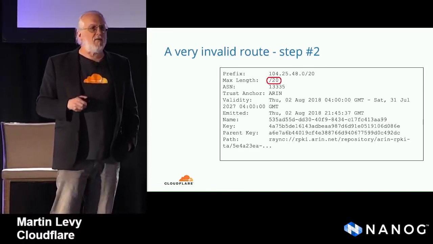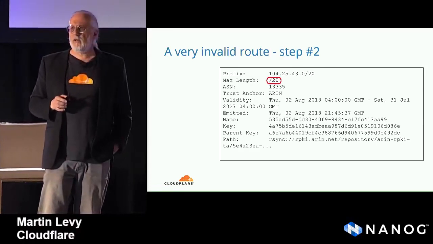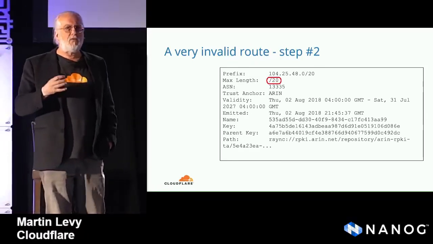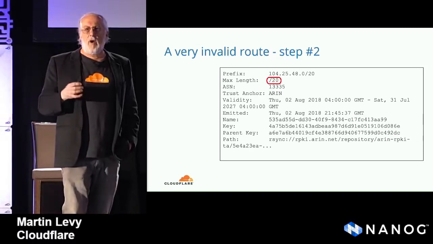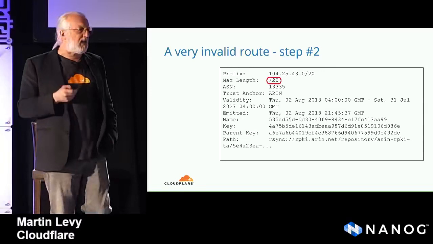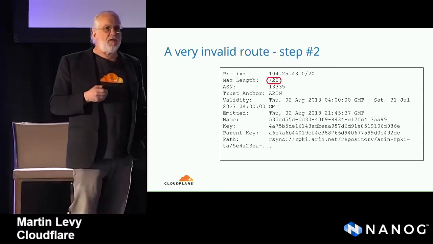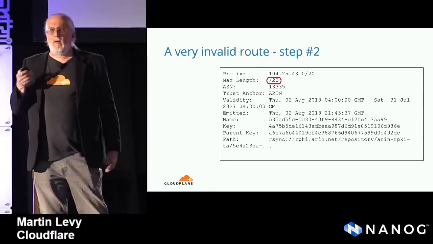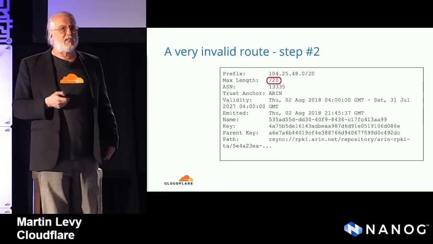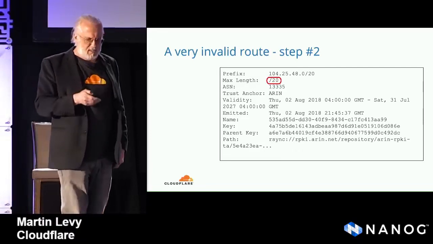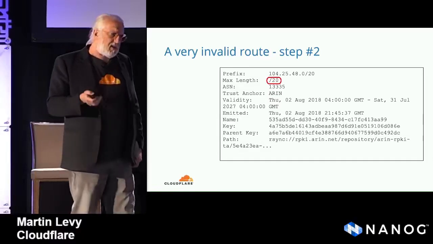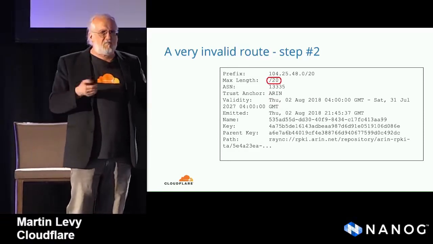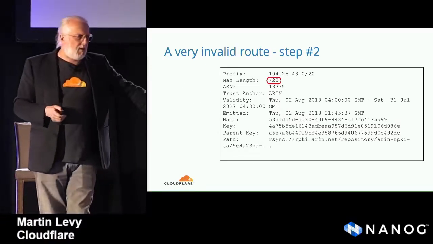Quick aside, and a very, very quick RPKI tutorial. You create a ROA, and a ROA has an IP address and an AS number. It has a net mask, we're familiar with that, but it can also have a max length. And the max length in this case equals the mask of the route. Therefore, that route can only exist as a /20 on the routing tables and nothing else. IRR says the same thing, except that it doesn't imply a max length. And this is nicely signed cryptographically. This is all good. But we were seeing a /21.